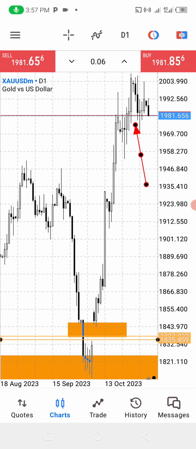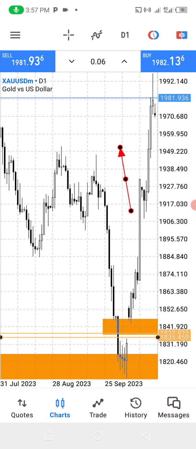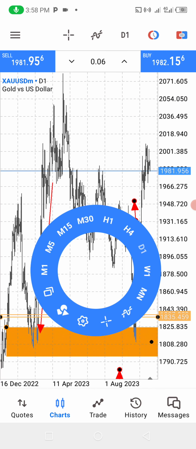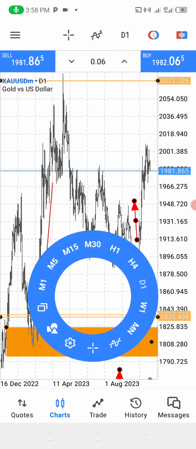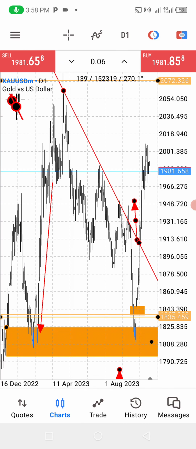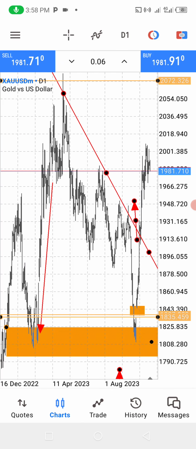That is close to 1 month. There is a high chance that gold will come and hit the previous high. It will happen because you can see that it's an uptrend, so it will have broken the retracement loop. This is a retracement loop, so it's heading to 2072. Gold is heading to 2072.